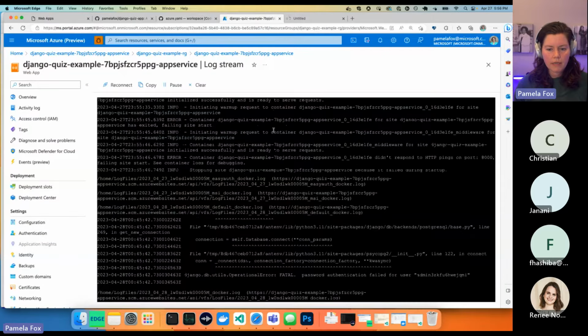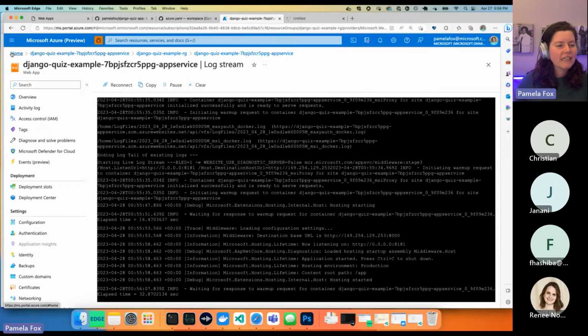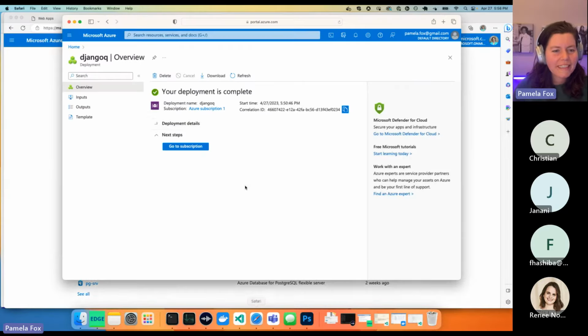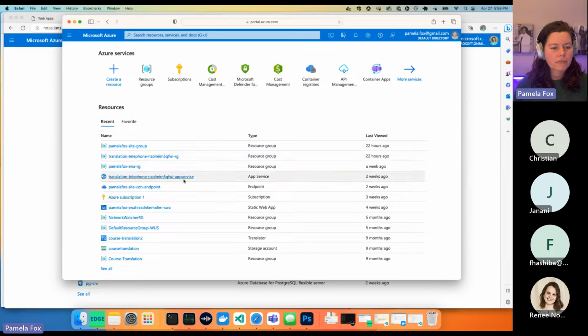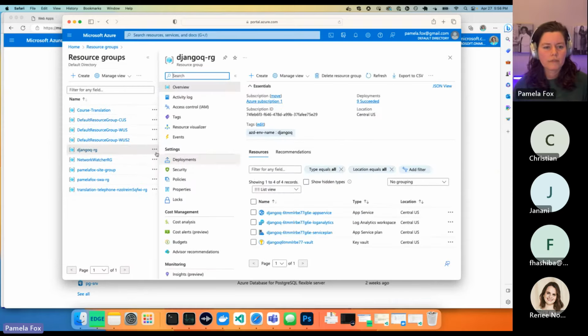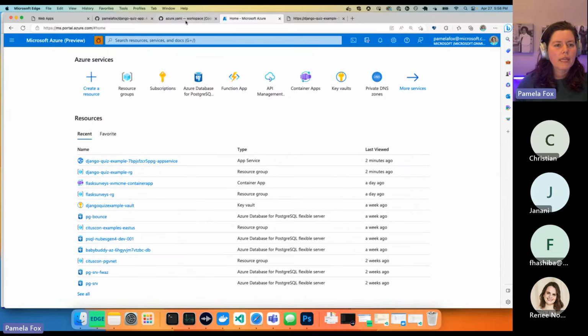So let's see this one. Oh yeah, this one actually, I need to work on. I changed my password. I need to update my configuration there. I made too many changes to this. Do I have another one? No, I deleted it. I do so many deploys every day, I'm sorry. So this one did deploy in my personal account. Okay, so we're just waiting for the actual code to get deployed to it. Okay, all right, so we'll wait for that.